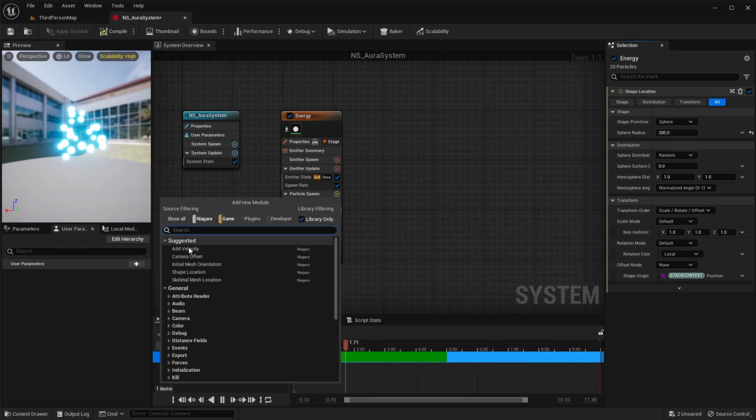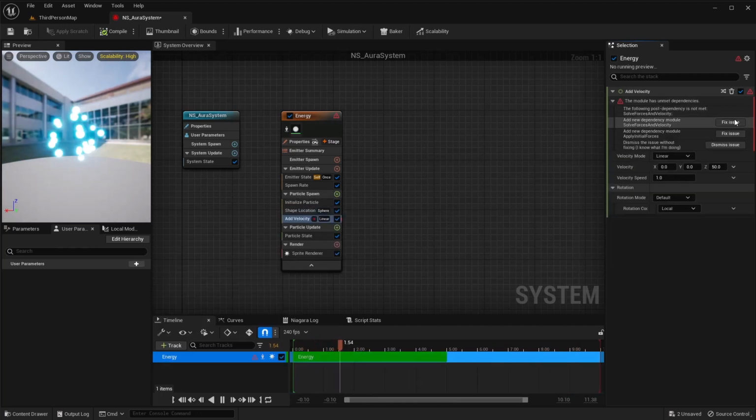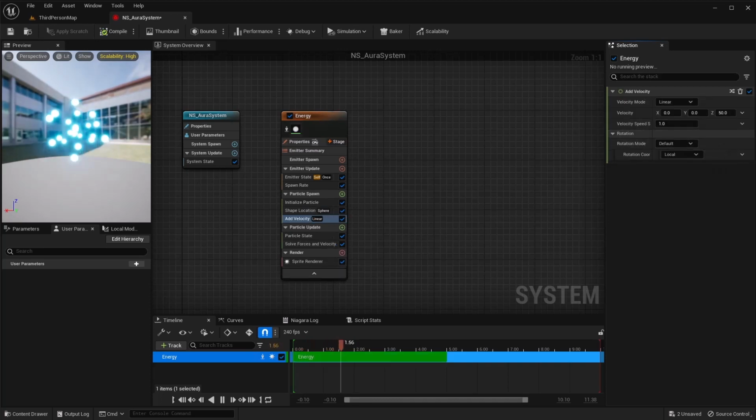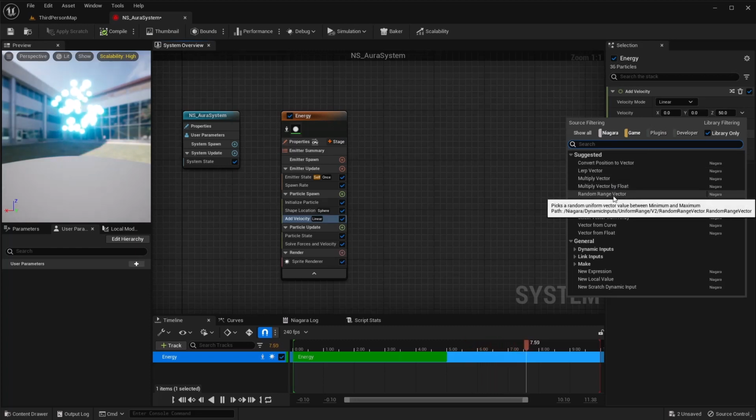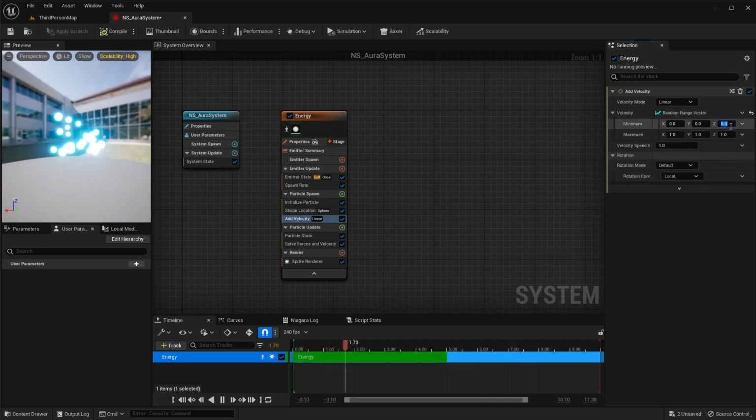Next, we can add a velocity here. For the velocity, I want this to be going in the upward direction like this, but I don't want every particle to be moving at the same velocity. So I'm going to do a random range vector, and I still want this in the Z direction.